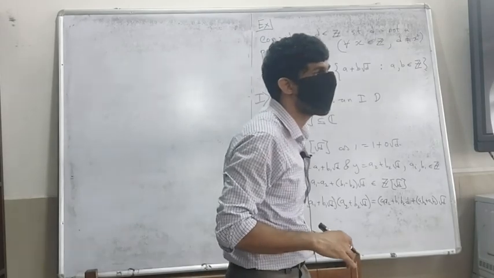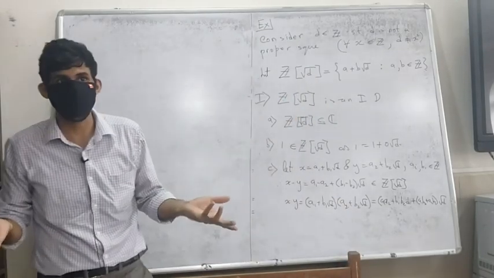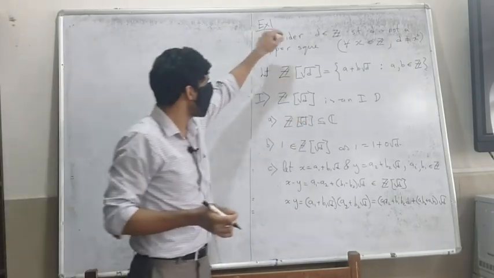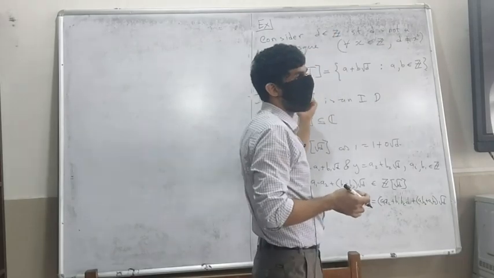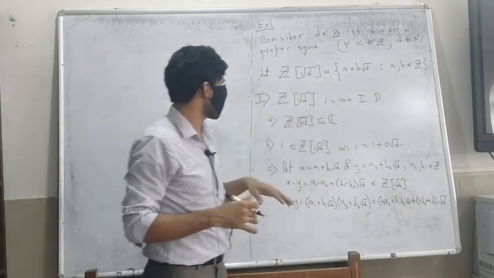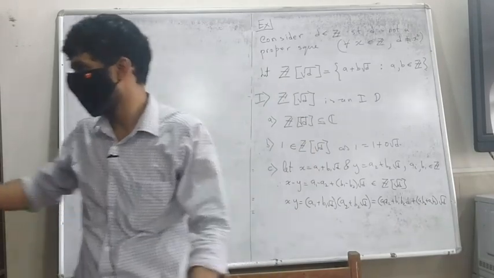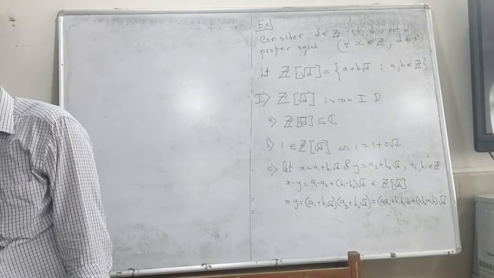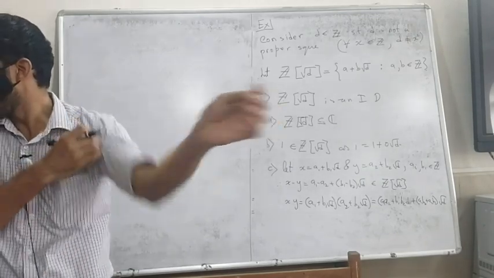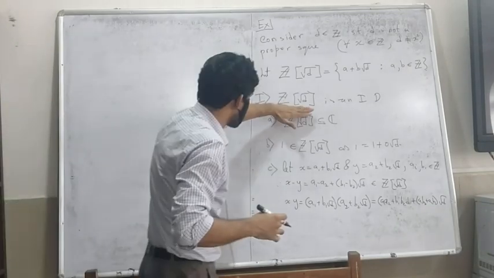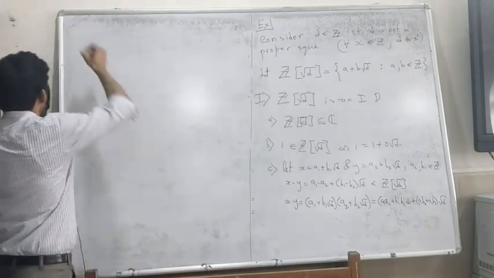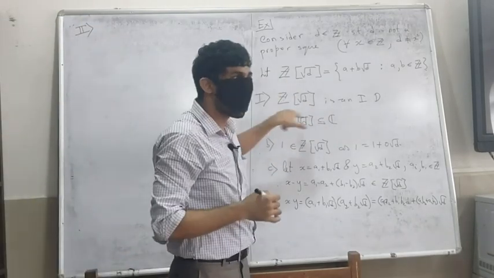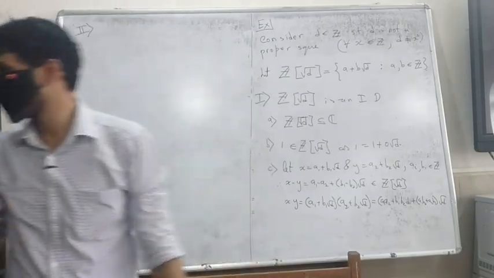Now for this class of integral domains, we have defined an entire class of integral domains, right? For every d which is not a proper square, I can talk about this. In fact, here I have not even said it's not a proper square, but later on we will use that fact. So for this class, for this fixed d, I can define a nice function which will be helpful in determining what this Z root D is, which is quite nice.